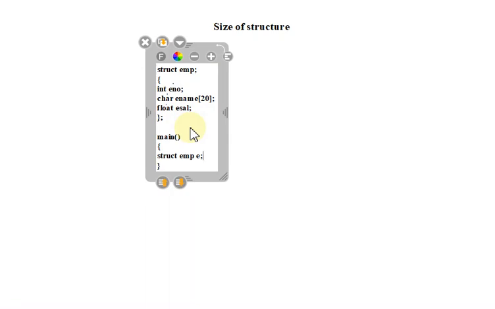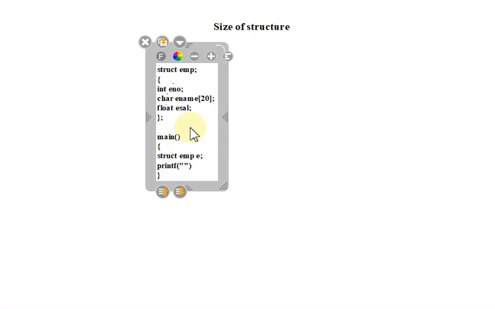Now we are looking for the size of our structure. With the help of the sizeof function, which is a predefined function in our C library, we can get to know what is the size of this structure. So we only need to write a simple printf here.